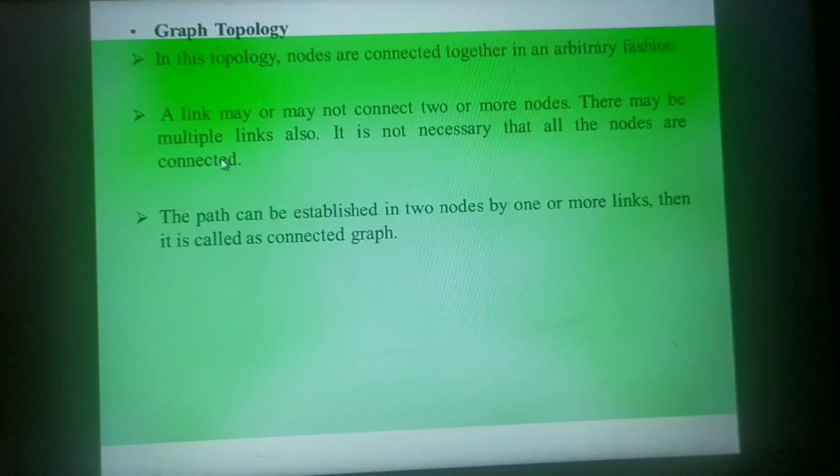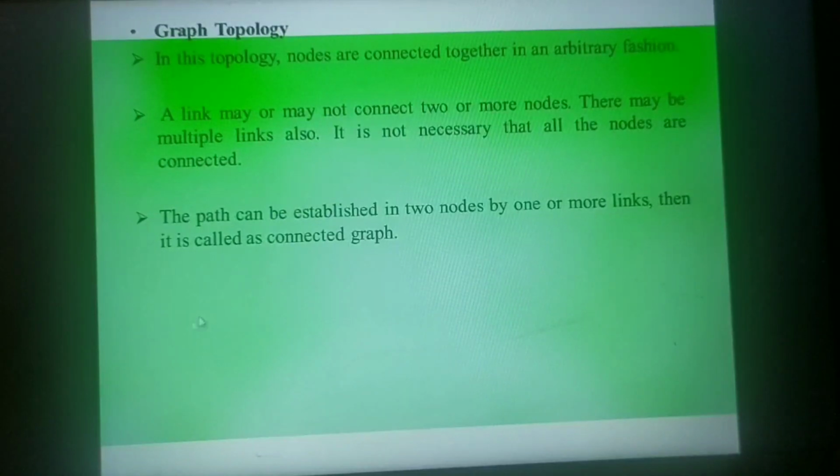If there are 5 nodes, all the nodes may be connected with each other. To reach the second node, I may have 2 links; to reach the third node, I may have 3 links, or I may have only 1 link. And it is not necessary in graph topology that all the nodes are connected to each other.